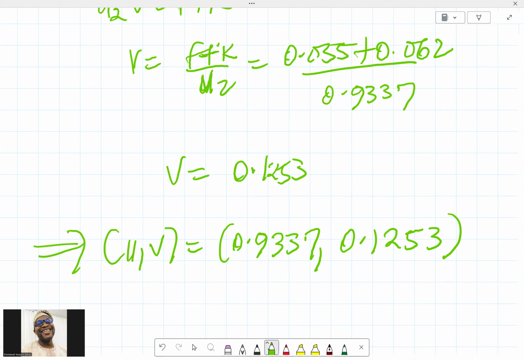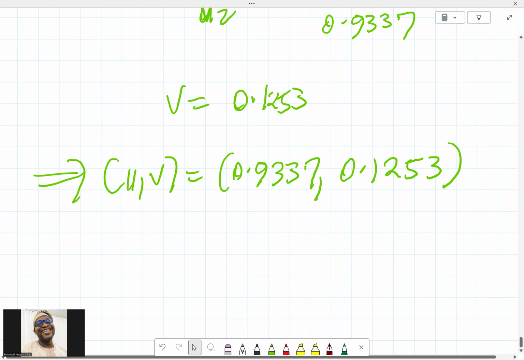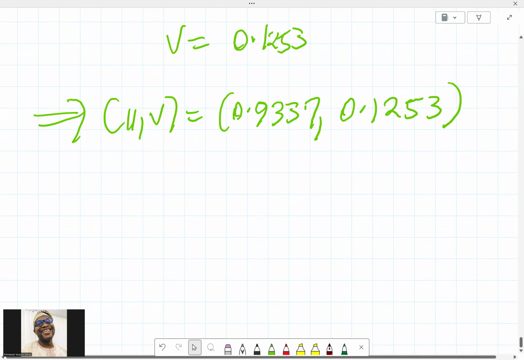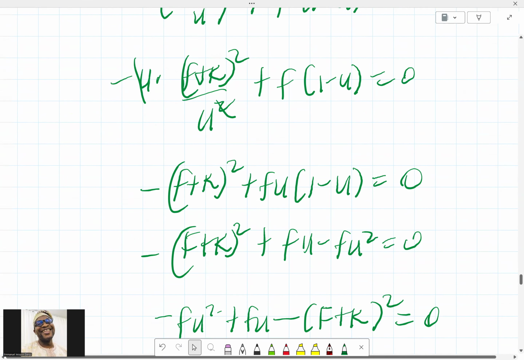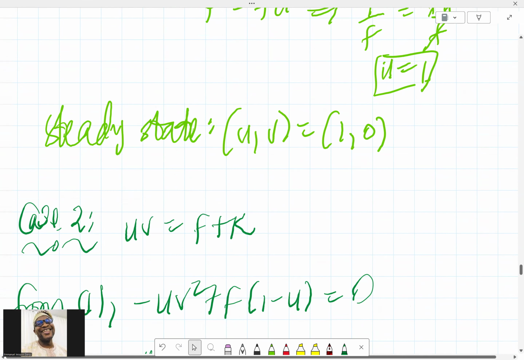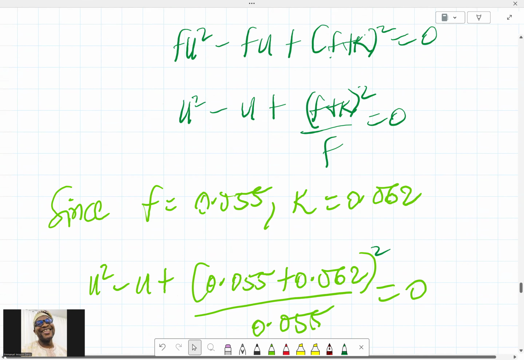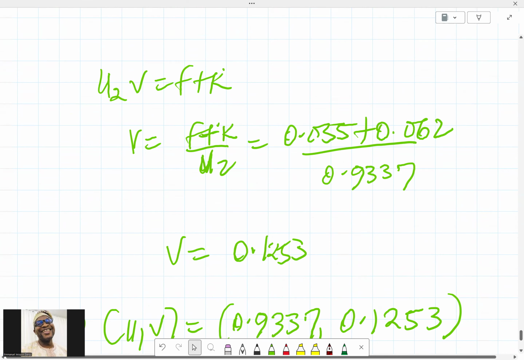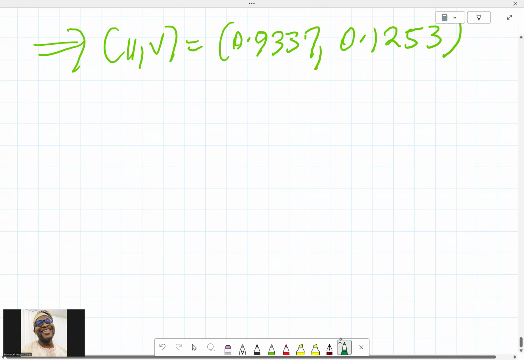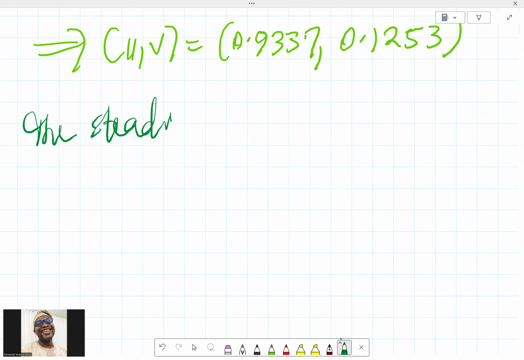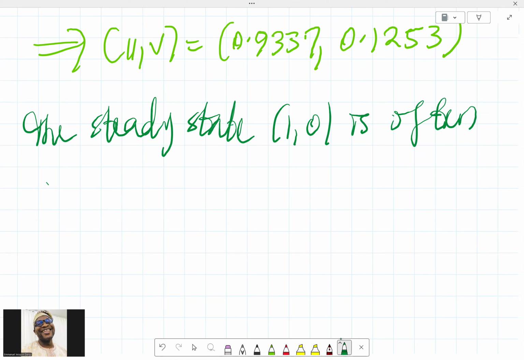Okay, so with that in place now, if we have the first one, which we already have, right? In the first case, we just had 1 comma 0. Okay, so I'll just make a comment about that and move on to the next thing. So the steady state 1 comma 0 is often stable,